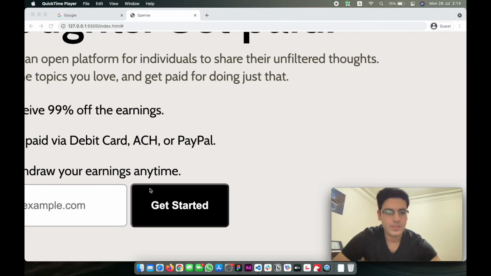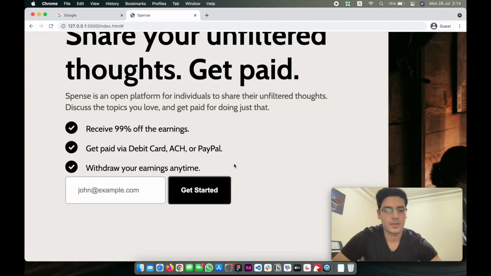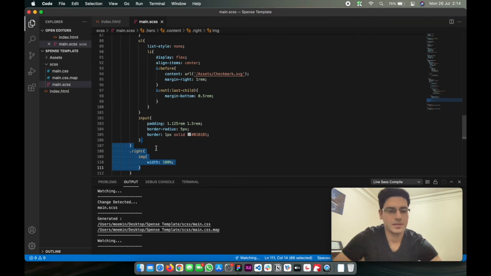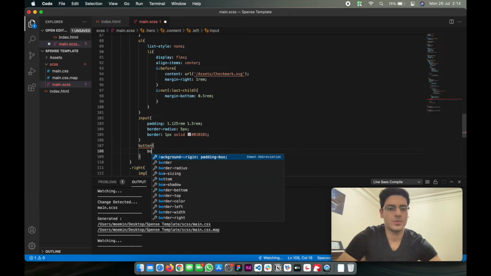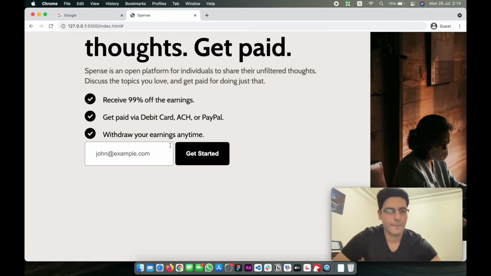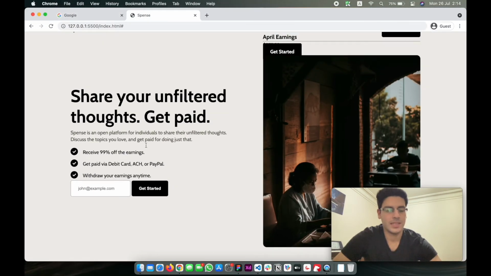I want to remove that. So what I'm going to do is target the button over here. Do border none. That should fix the issue. Yep, there we go. Now we just want to take the input and the button,